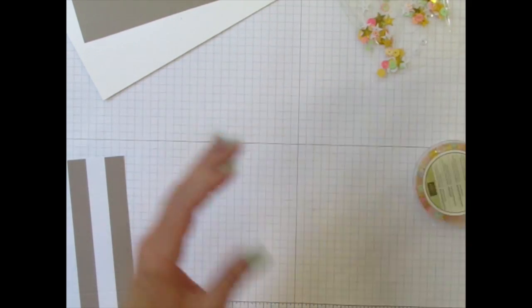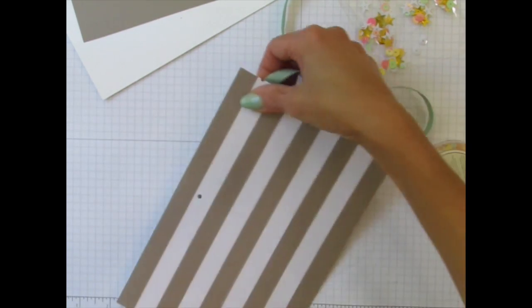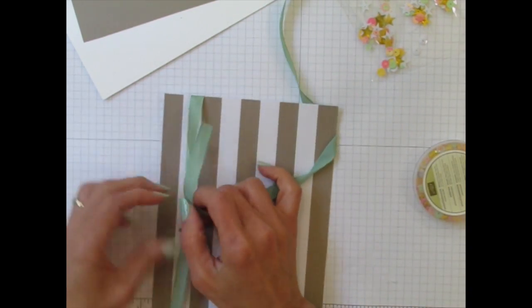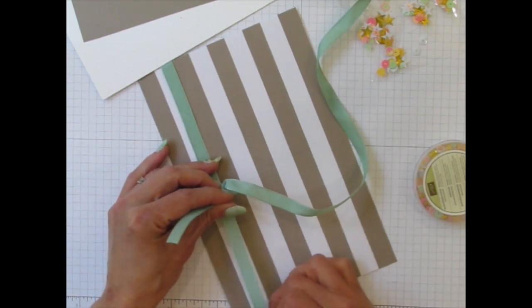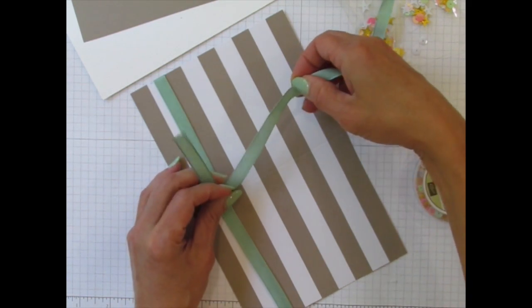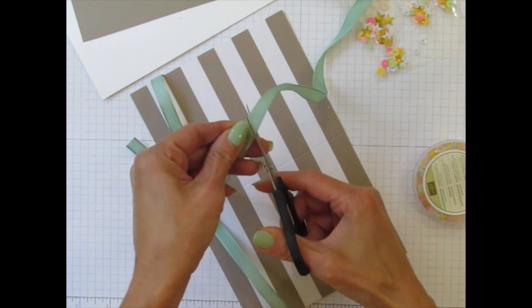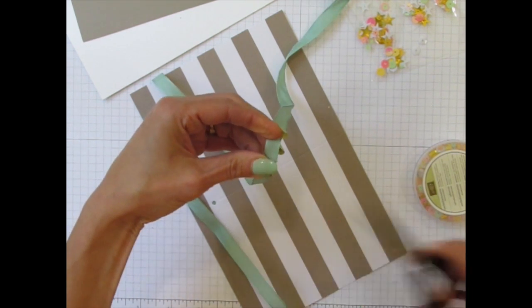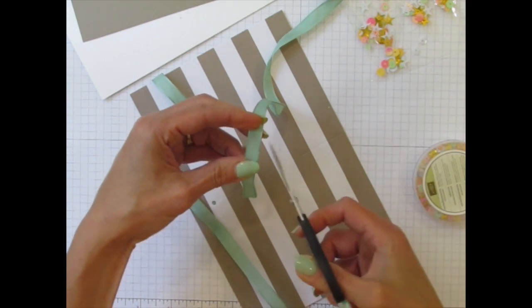Now I'm going to take my mint ribbon and I'm going to wrap it around my card so that it reaches all the way around this way with a little bit extra. And I'm just going to tie it in a knot, but I want just a little bit extra for give here. Oh, let me grab my snips that has the ribbon on it,